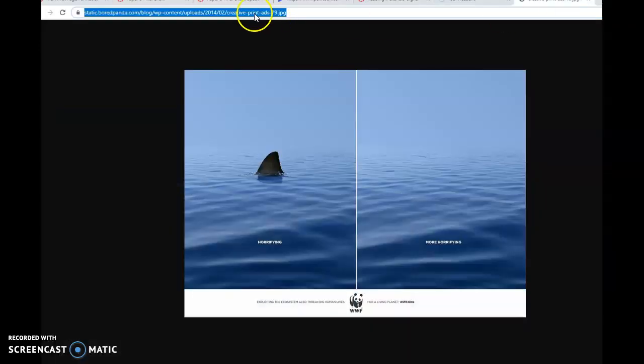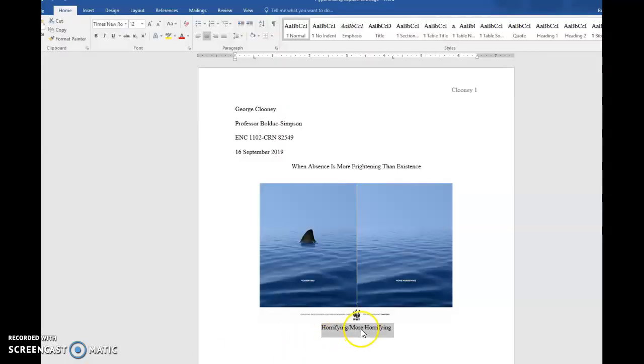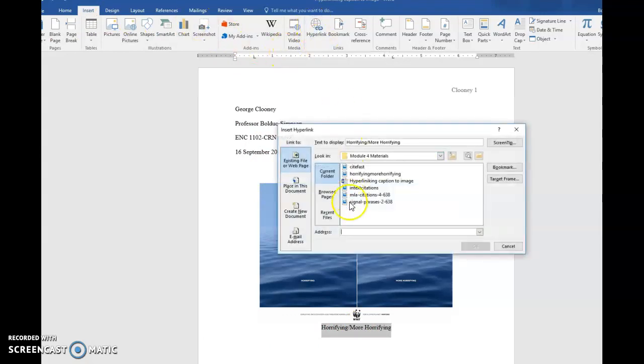do is go to the link where the picture is, and it's right here on Board Panda. You do a copy, go back to your caption, and this is highlighted, then you're going to go to Insert and Hyperlink over here, and then you paste in the address